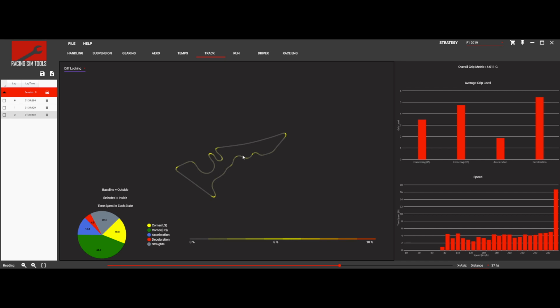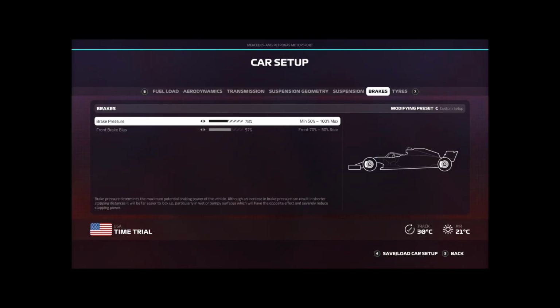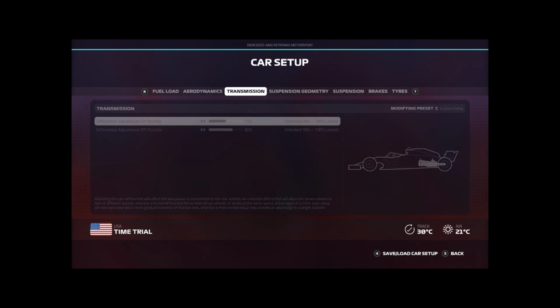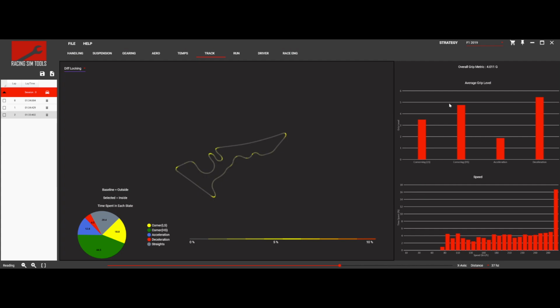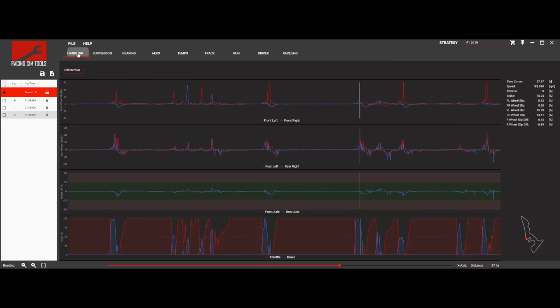So what we're going to do for that, bearing in mind we need to increase the overall grip metric. So we need to take that further up from 4.011, trying to take it to maybe 4.1, 4.2. Let's see. Okay, so I'm going to lock that differential a bit. So if I just go here, 75 and off throttle, that's one thing I need to check. So if we go back onto here, handling and off throttle, so here we are, that's off throttle there. So if I just take this back here,